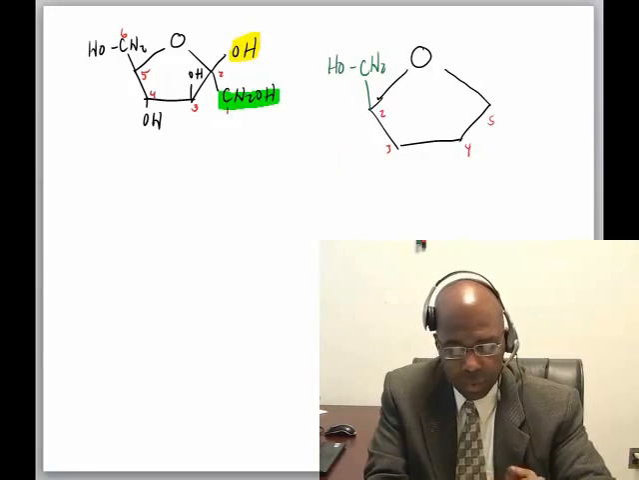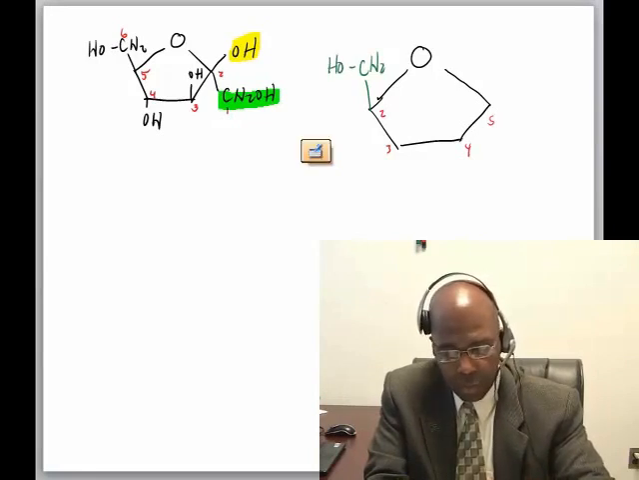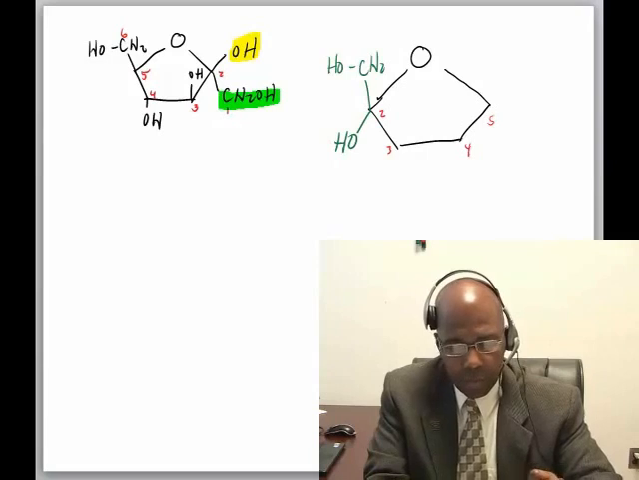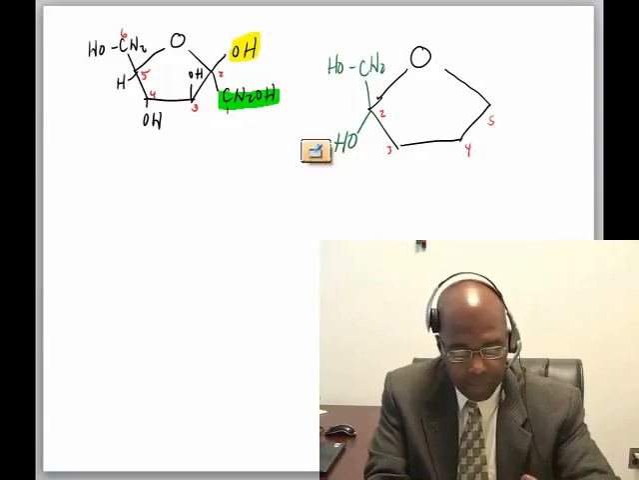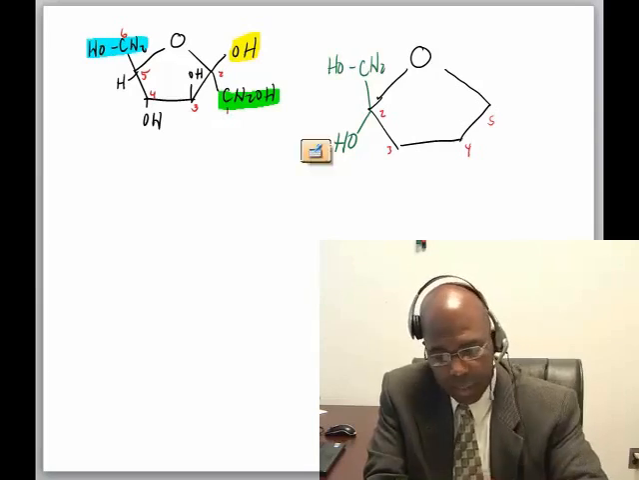CH2OH. There's the 1 carbon. And of course the hydroxyl now needs to go down. OH. And let's go on the other side here. I'm going to put the 6 and the H here. And so I'm going to highlight the 6 carbon. It's going up. So on the other side, that 6 carbon needs to go